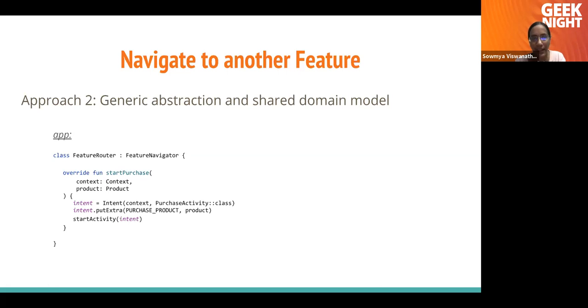And again, app can access purchase activity directly. So we don't need to specify any key value pair to start an intent or create an intent. And we just put the whole product object, which is parcelable, into the intent, and we start the purchase screen, right? So now that we have seen this approach, let us quickly look at its advantages